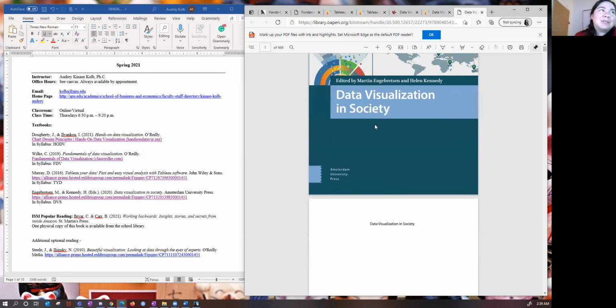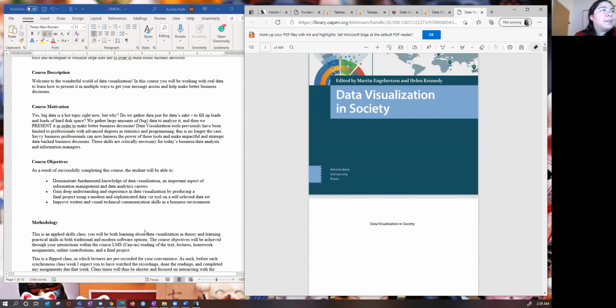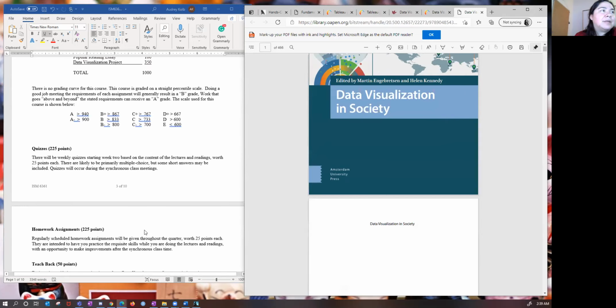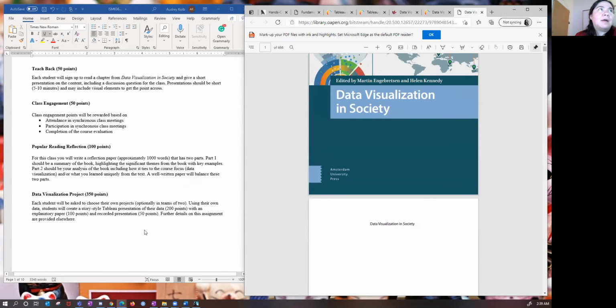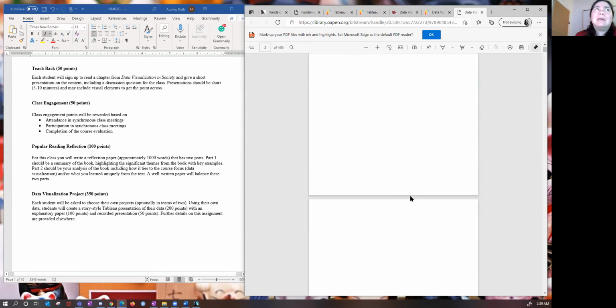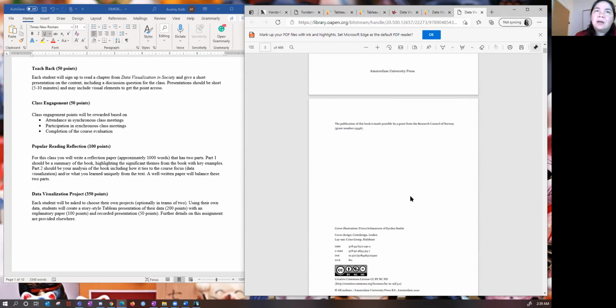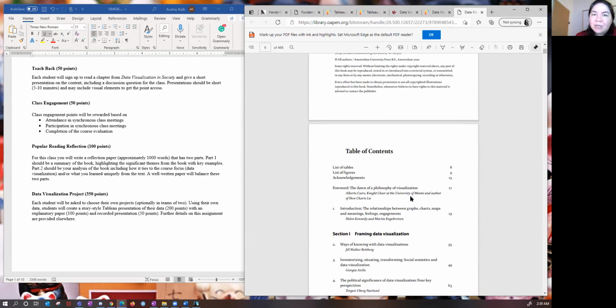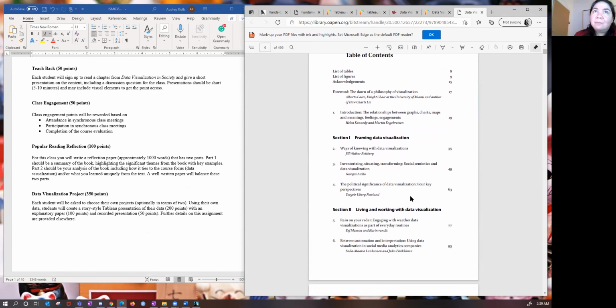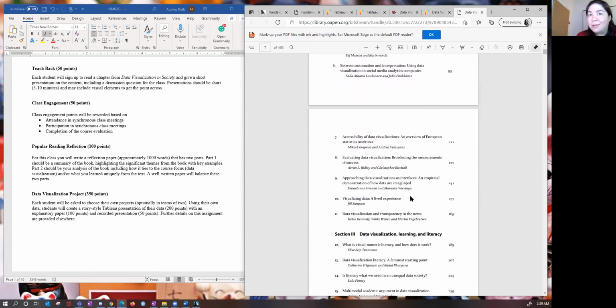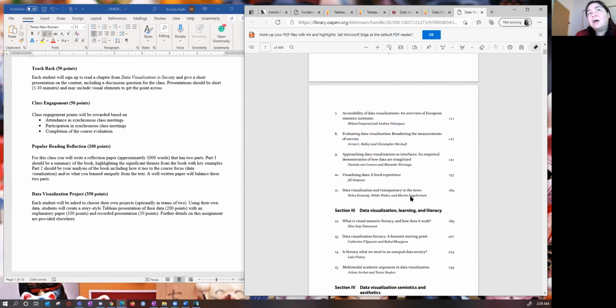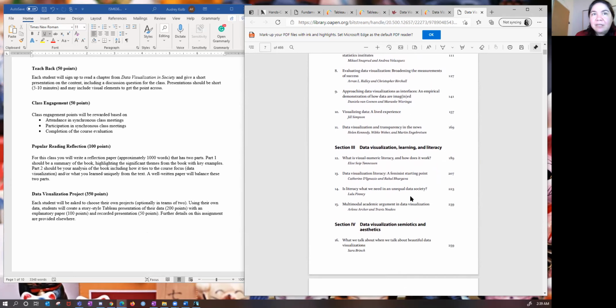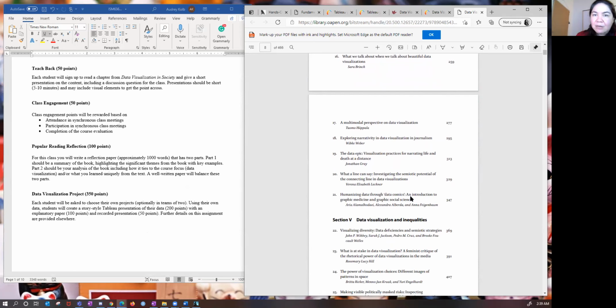Yeah, so this book we're going to use in an assignment that I am calling teachbacks, which is really the term they use in the medical field. I don't know what the proper term for this academic strategy is, but basically this book is long, it has a lot of chapters, but each chapter isn't that long. So everyone is going to select a chapter. We're going to have a sign-up sheet.